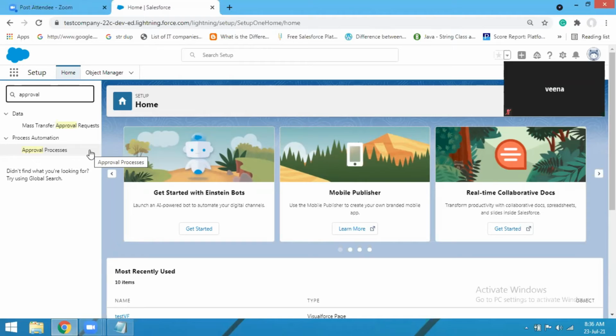So under admin, we'll get familiar with the complete Salesforce platform. And once we are done with the admin, then we'll start with the development. And in development, again, we'll take the examples, we'll write the code, we'll understand. So this is how the complete plan will be: first admin and then development.